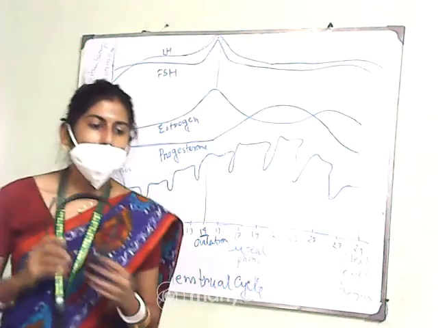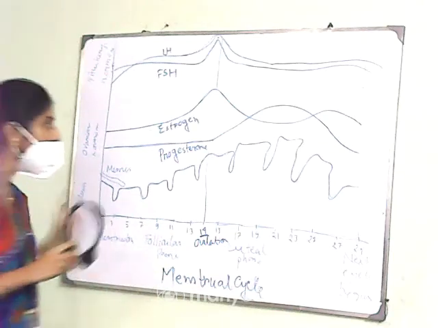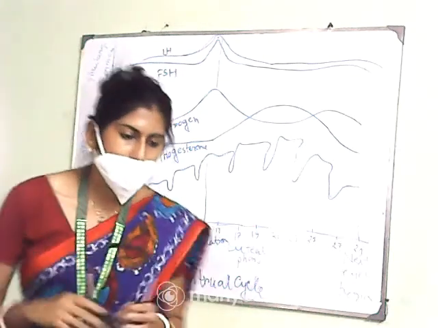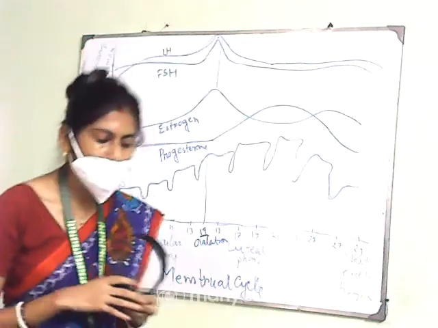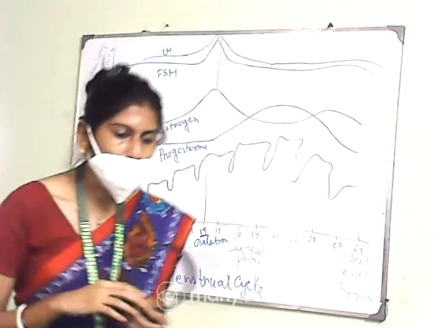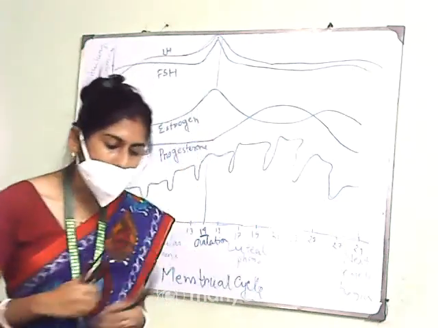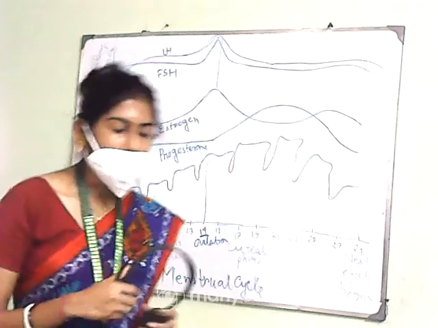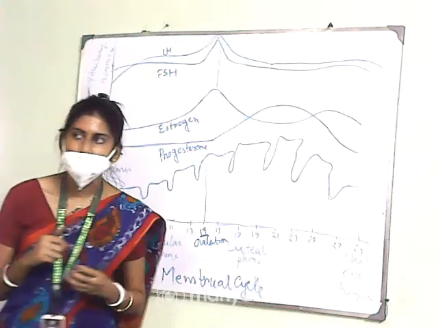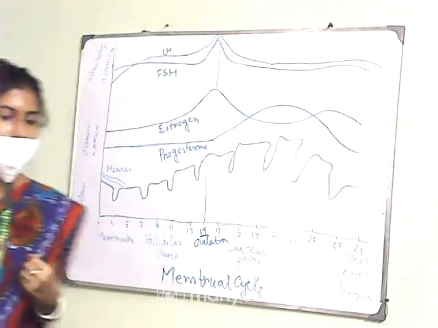Before that, you have to keep a basic idea about the reproductive cycle of different animals. What is the menstrual cycle? Actually, it is the reproductive cycle in the female primate. Okay, before that, let me tell you one thing, that in your NCERT book, in figure 3.8, you will get a schematic representation which is showing the spermatogenesis and oogenesis. Please follow these two schematic representations from the book.